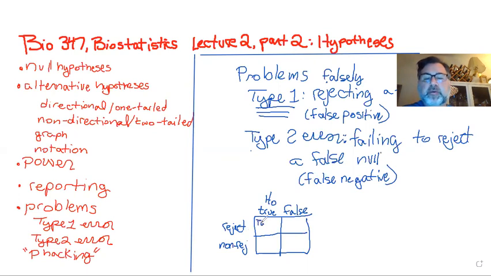So this would be your type 1 error, and then a false negative. This would be your type 2 error. Okay, so hopefully you do not reject a null that's true, and you reject a null that's false. Okay, and a lot of this has to do with power as well. All right, so